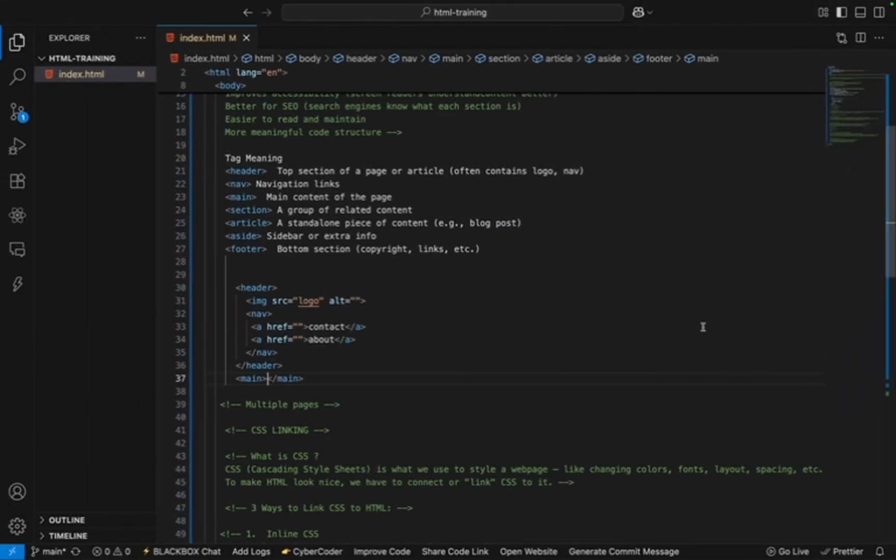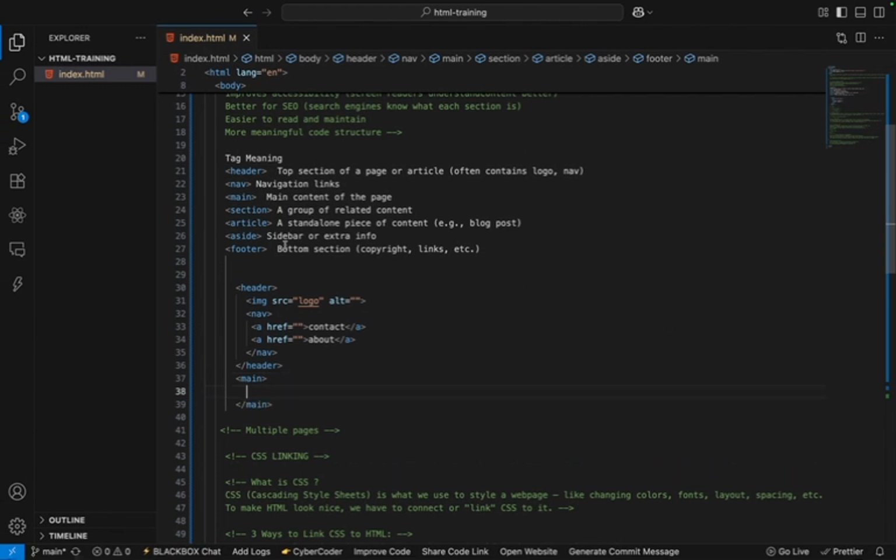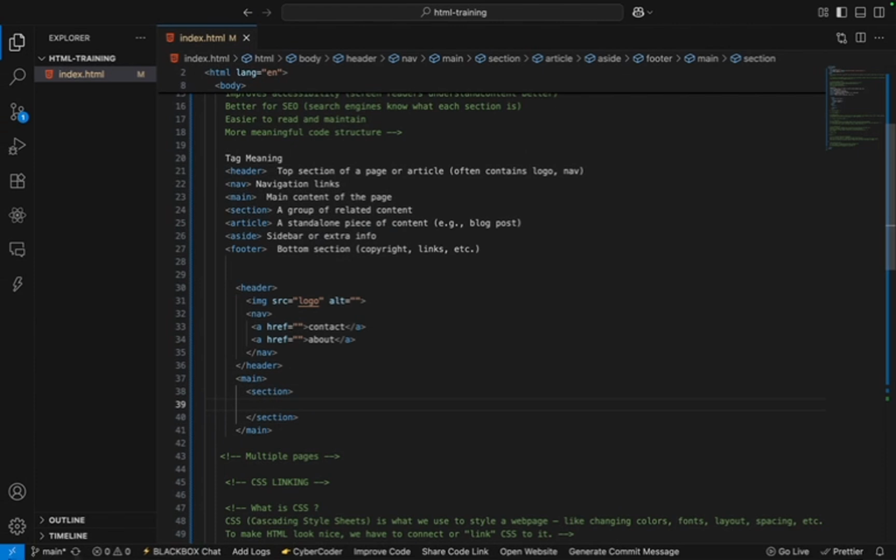Now outside the header you can now have the main. Right, now inside the main is where you have the section. Now inside the section,